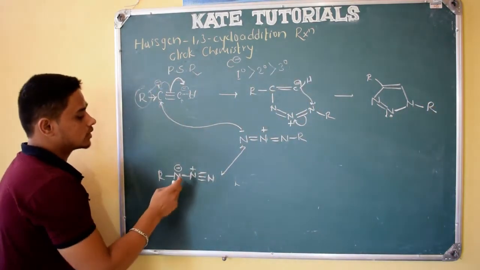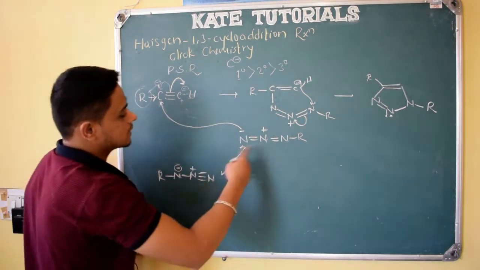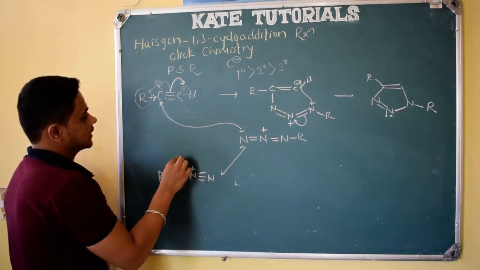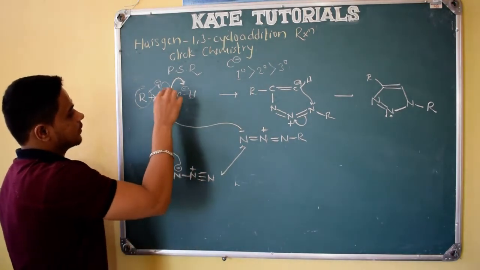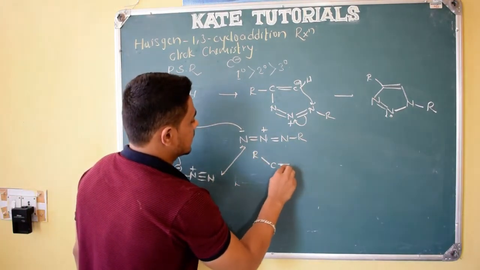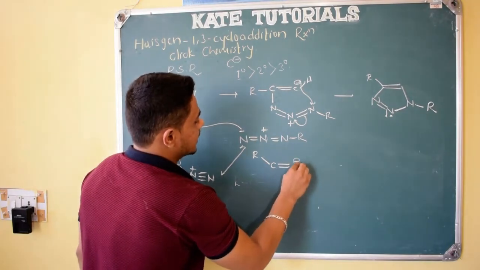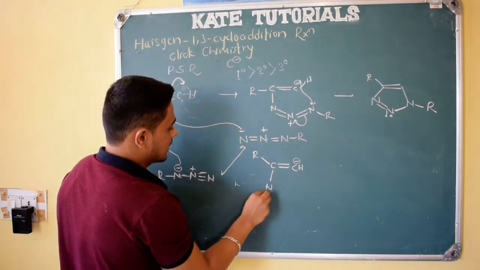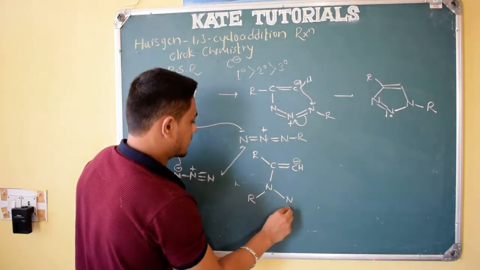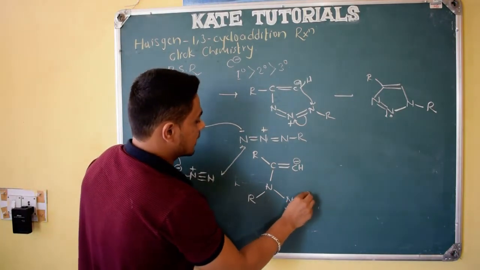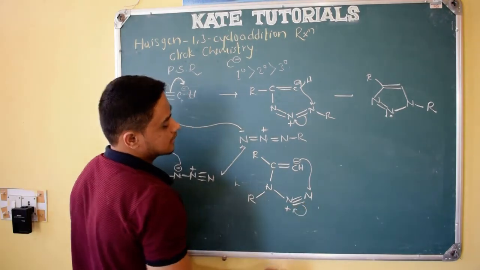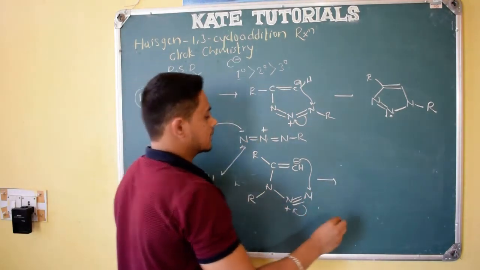If I do the reaction using this isomer, these are nothing but different structures I am making use of, right? So here, same thing, this nitrogen attacks this carbon, and the electron density moves on this carbon. So R, C, double bond C, H is there, the carbon gets a negative charge, here N has attached, and here R has come, because nitrogen is attached to R. Next N is there with plus charge, and triple bond N as usual. Next this negative charge comes on nitrogen and the electron density moves on this nitrogen, and it becomes neutral and gets its lone pair of electrons.